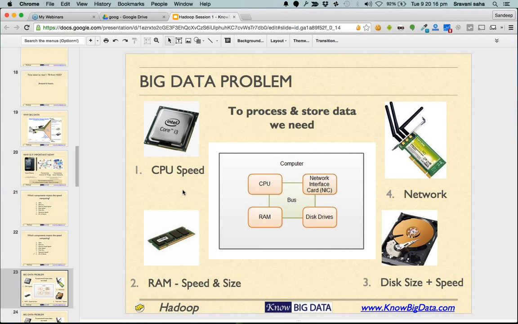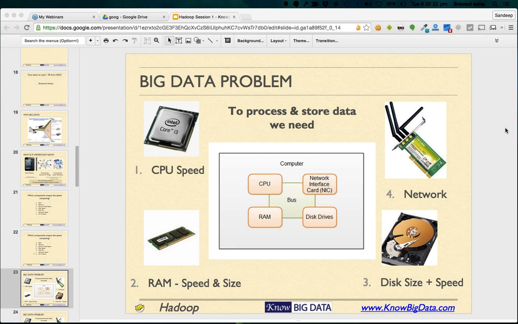When we talk about computing, it's not only about the processor. Though the processor is the most important component, it is not the bottleneck, or you can say the processor is a bottleneck only in very few cases. When we talk about computing, there are four pillars, or four components that matter most.